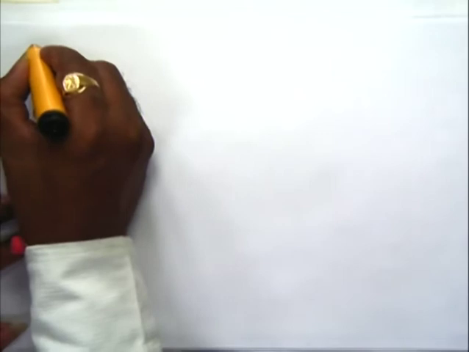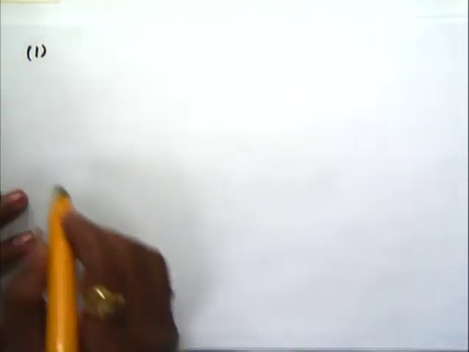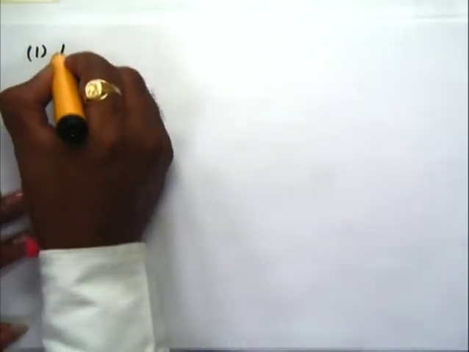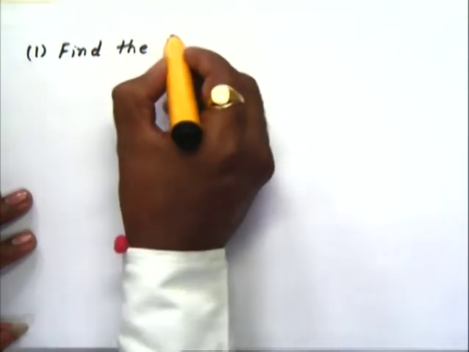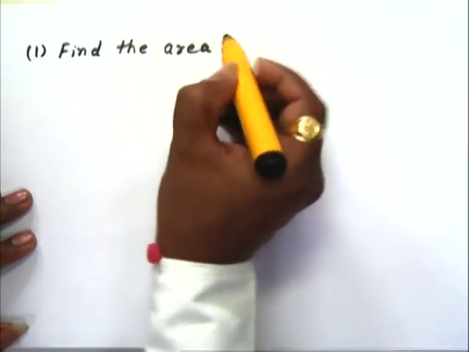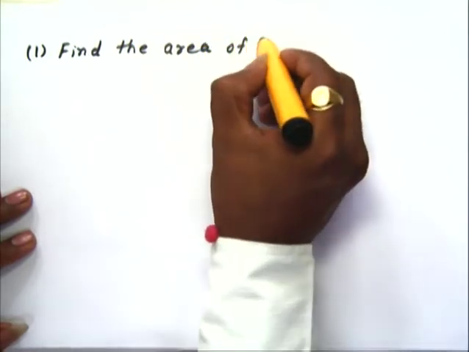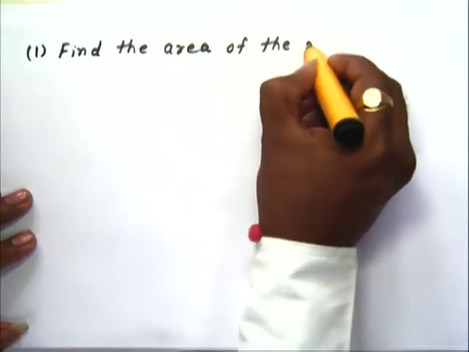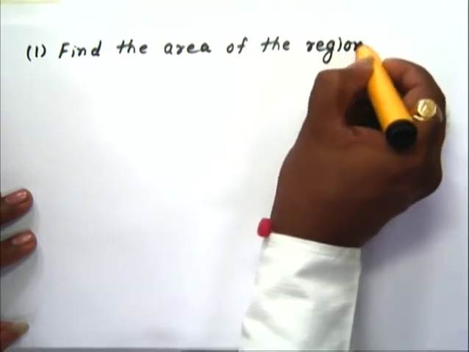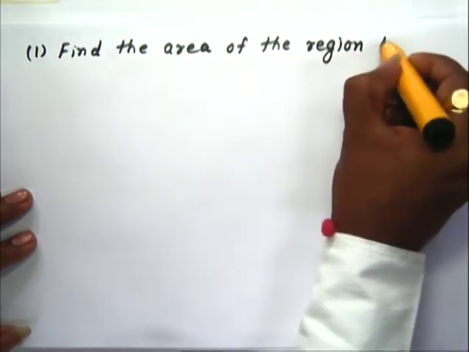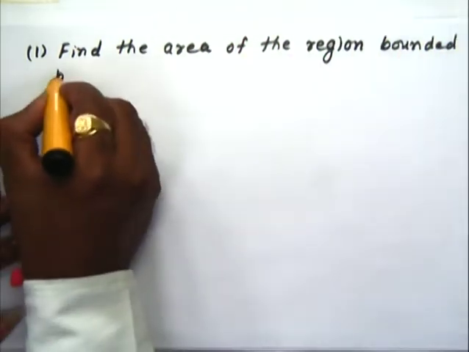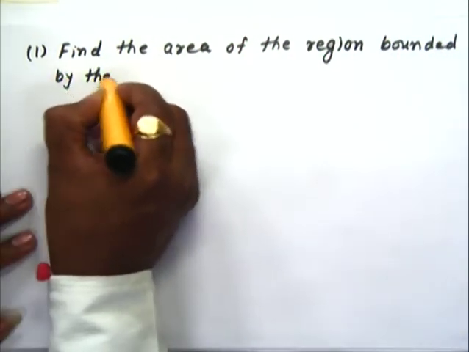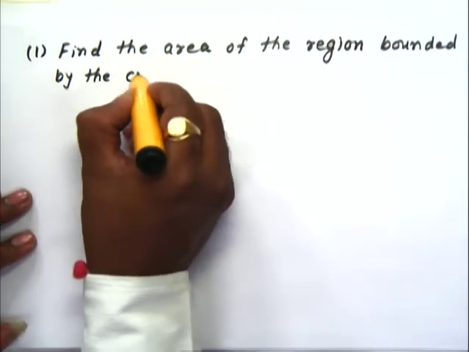Our first example is: find the area of the region bounded by the curve